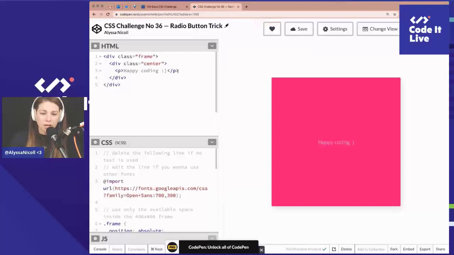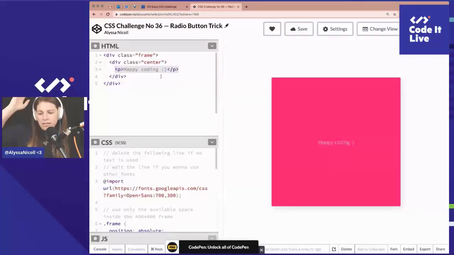Okay. So now we're back up in here. We're going to get rid of happy coding, and we have div of center. I'm going to go ahead and do what I think I should do, and you all can feel free to correct me. So tabs wrapper, tab